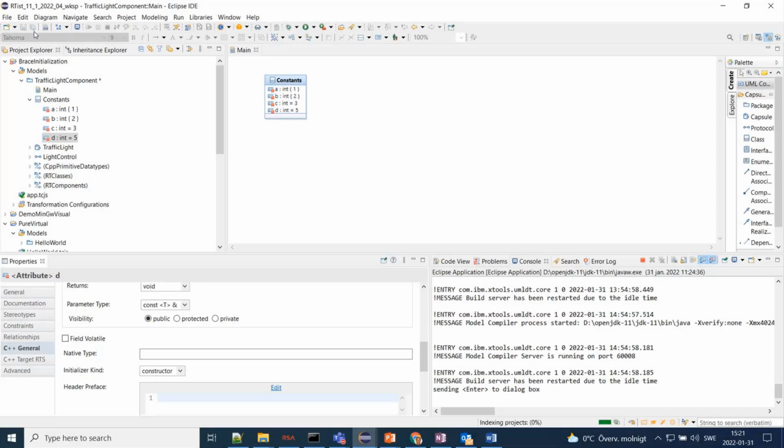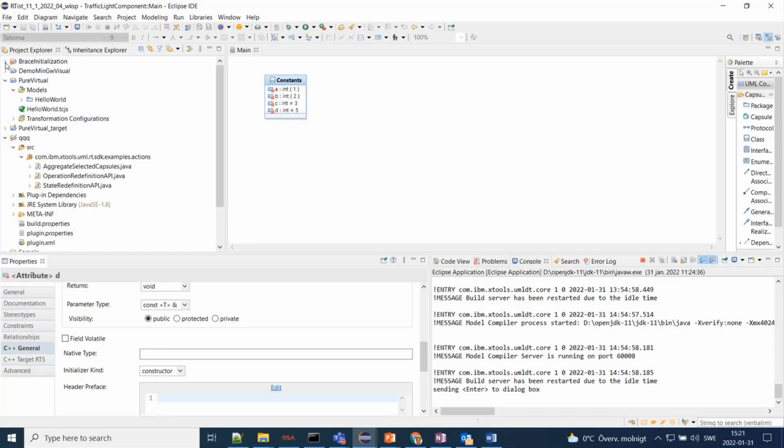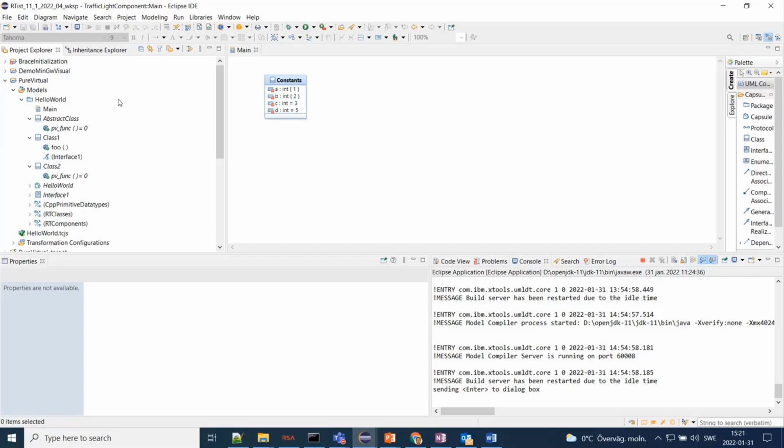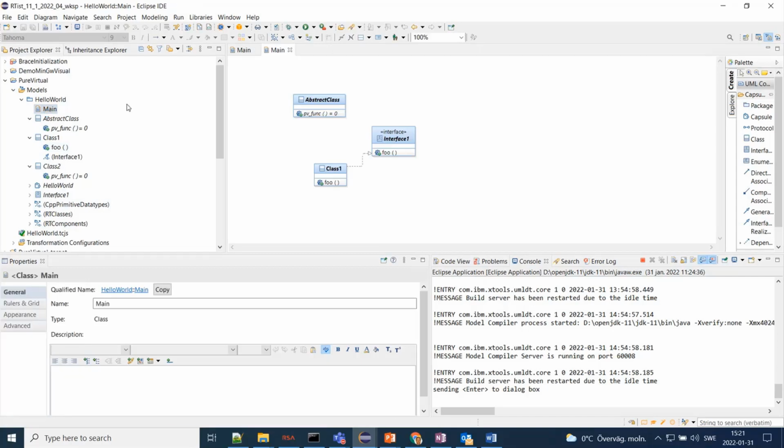Let's close this model and open another one that will demonstrate some improvements we did around abstract and pure virtual. The first thing you notice when I expand this package here is that there are some names now shown in italic, and those of you that are familiar with UML class diagrams and have used them